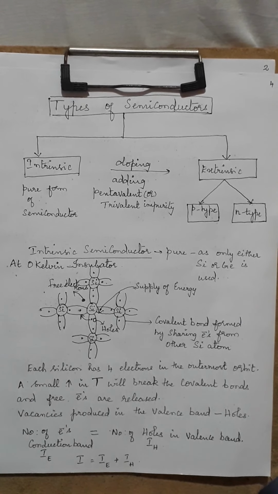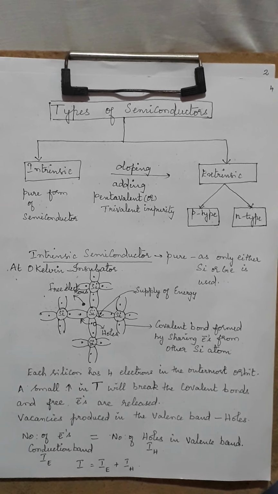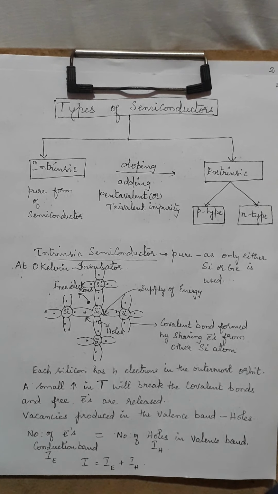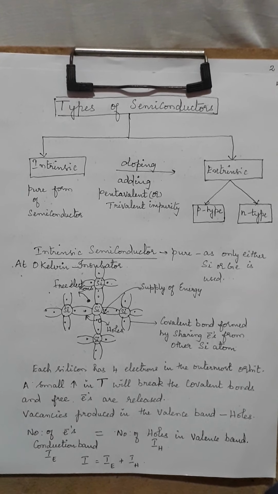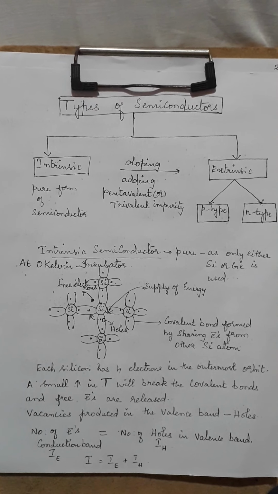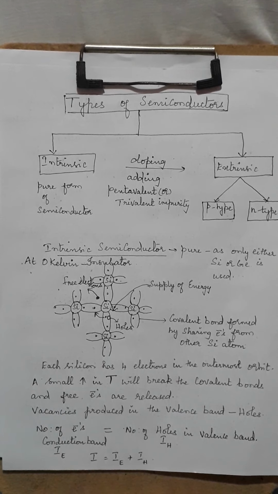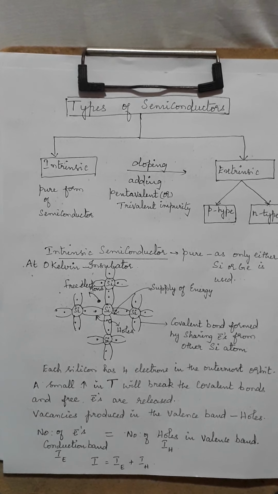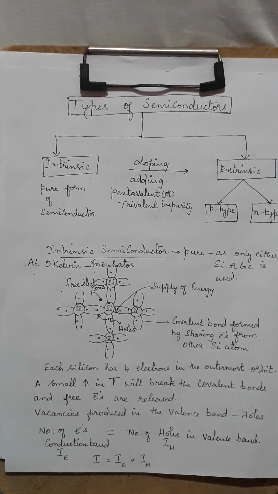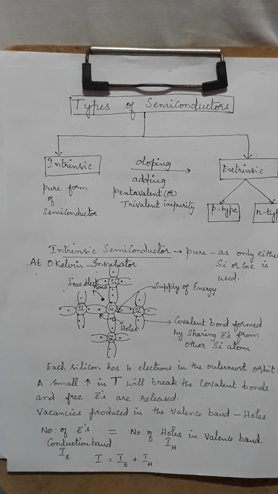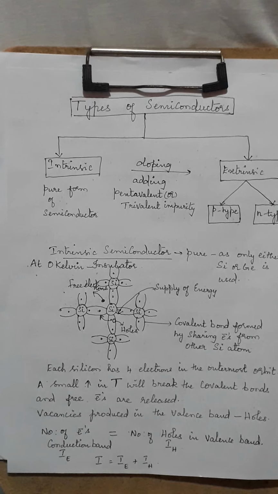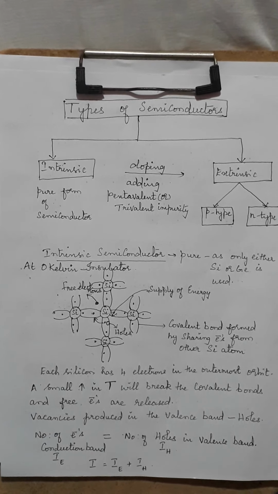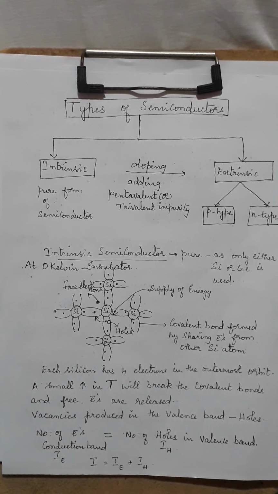So, in the last class, what we have learned is about the energy band diagram. That is, it has told you how materials are classified into conductors, insulators, and semiconductors based on the forbidden energy gap. That is, by reducing the forbidden energy gap, you can convert some materials into conductors. That is what a semiconductor is, where the energy required is lesser than 3 electron volt.